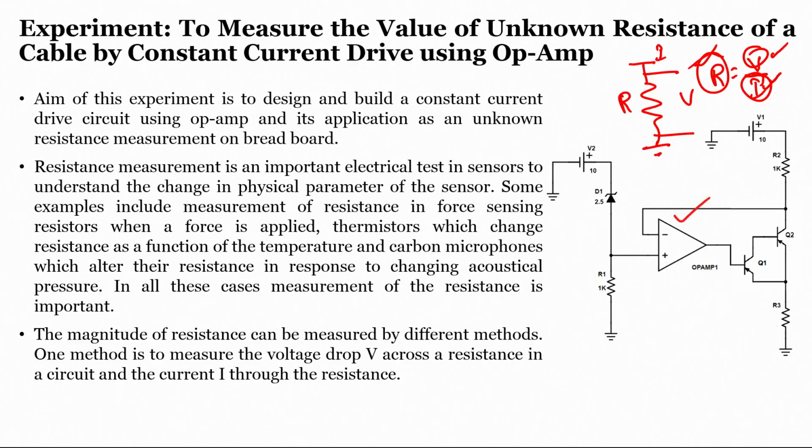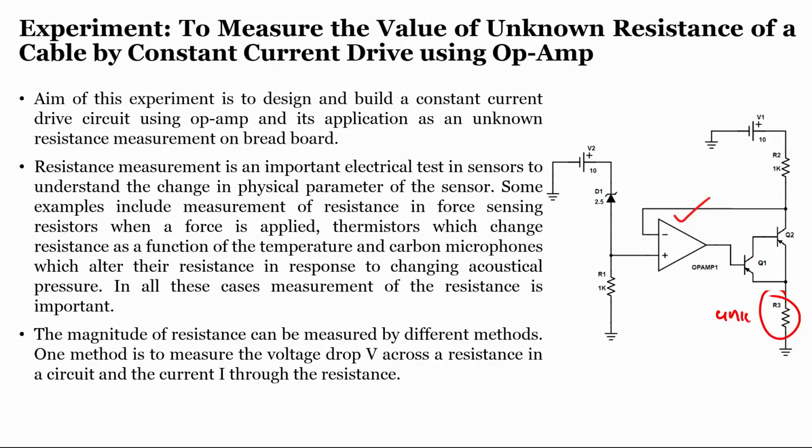If we look into this particular circuit, the purpose of the op amp here as well as the transistor is to provide a constant current to the unknown resistance. In this case, R3 I am considering as the unknown resistance. We can use any R2 resistance value, R1 resistance value too, but R3 is the unknown resistance. The only intention is to find out what the unknown resistance is here.